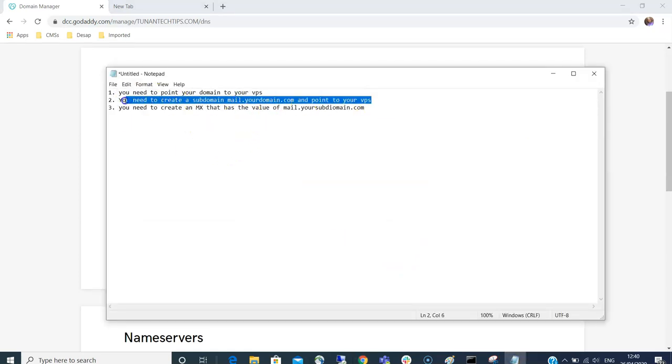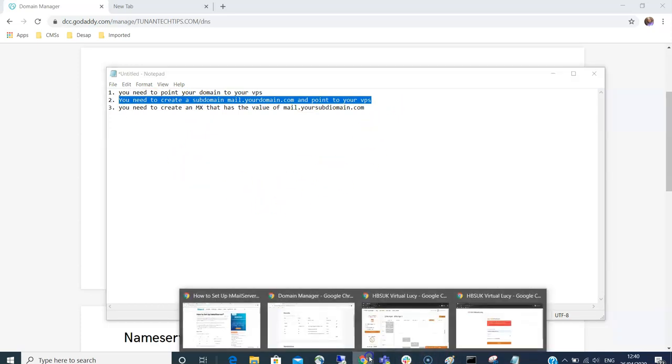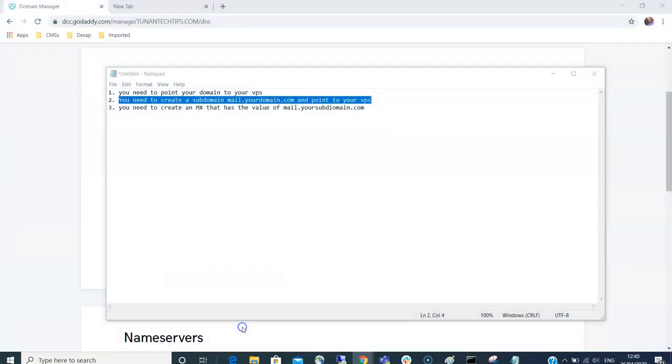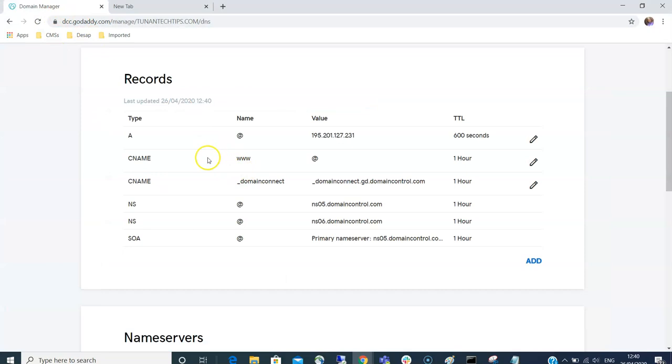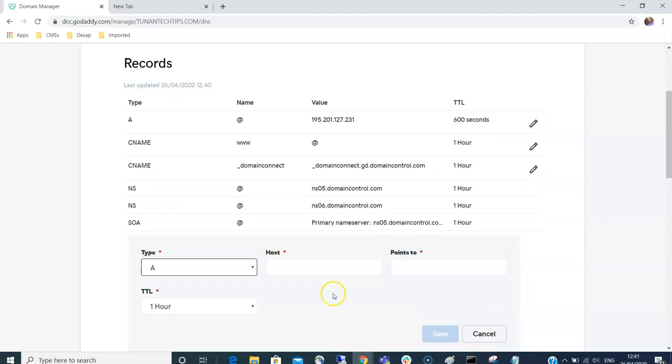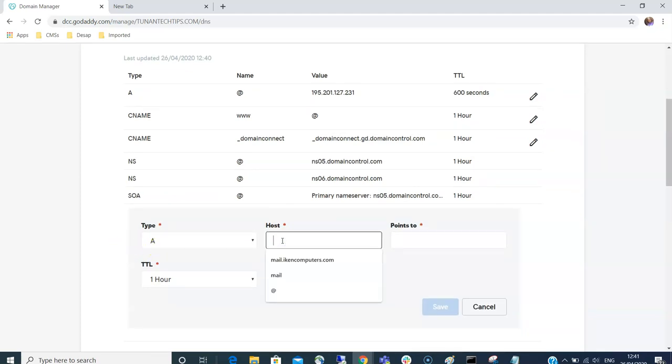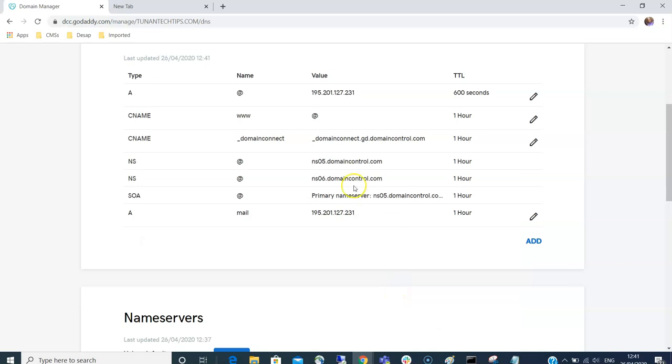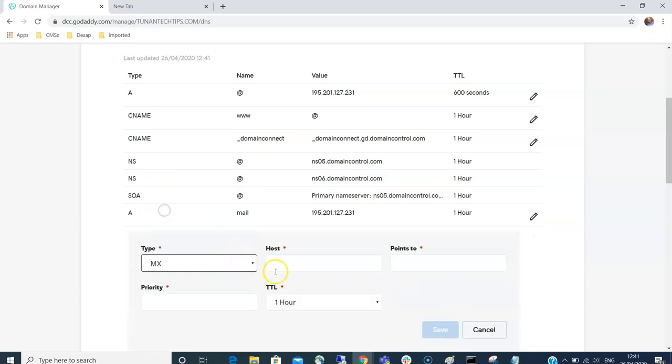Then number two, we need to create a subdomain that points to a VPS. So again, let's go and do that. So you come here and add. It's an A record. So it's mail, and then it will point to our server again, like that. So you save that, and finally the third record you need is an MX record, which is a mail record,